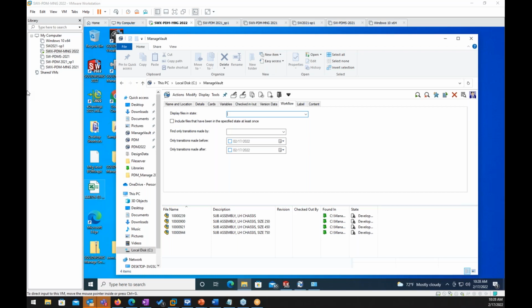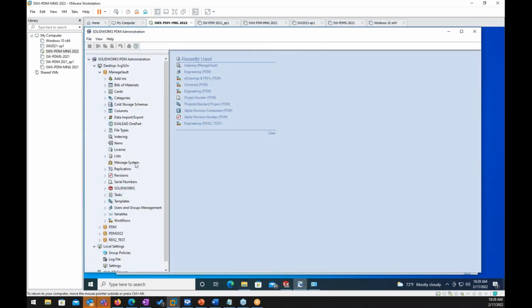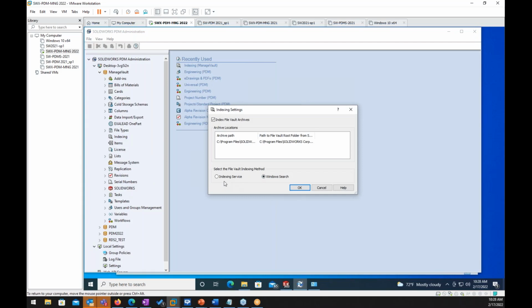Windows search in the admin console. So the question is, what is the difference between index search and Windows search in the admin console? If you go to the admin tool here, you've got this indexing, the Windows search and the indexing search. This uses the Windows search. This indexing search, this index search basically indexes everything